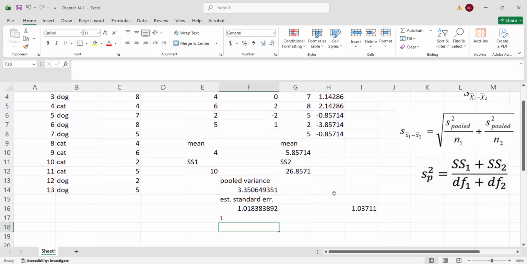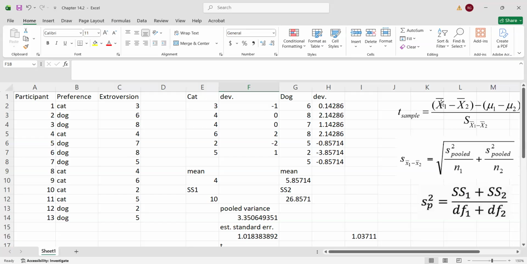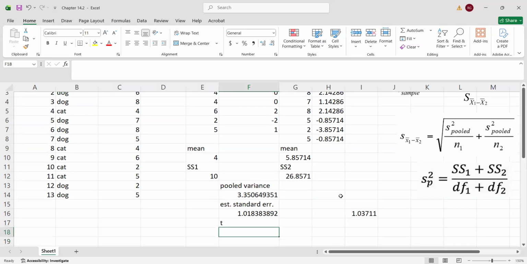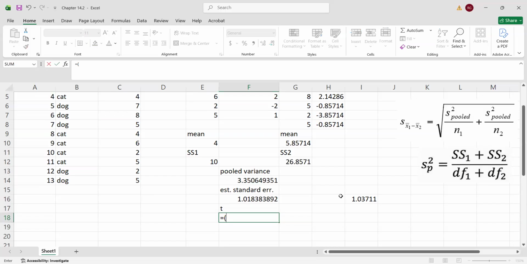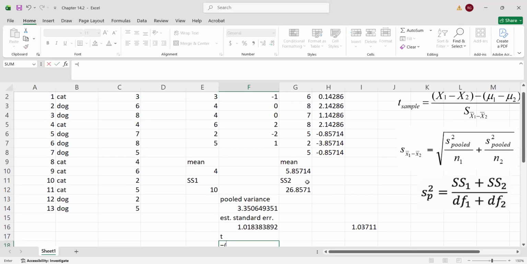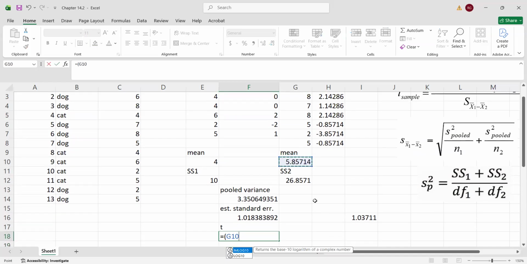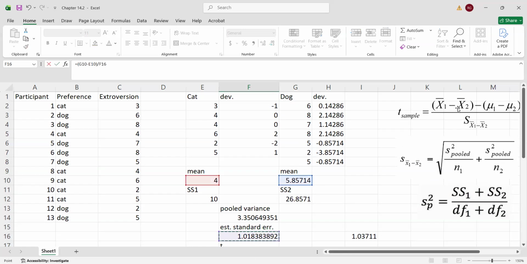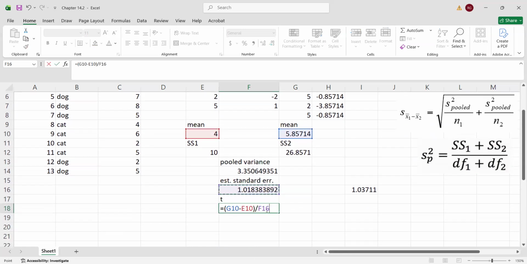So what I'm going to do right now is for this t-score, and it's totally cool, you can do it either way. I'm going to put in equals, and in parentheses, we're going to take the mean of the dog people, and this is the mean extroversion, remember. Mean extroversion for dog people. I'm going to subtract the mean extroversion for cat people, and I'm going to divide that all by the estimated standard error, right? Mean one minus mean two over standard error. And I'm going to get